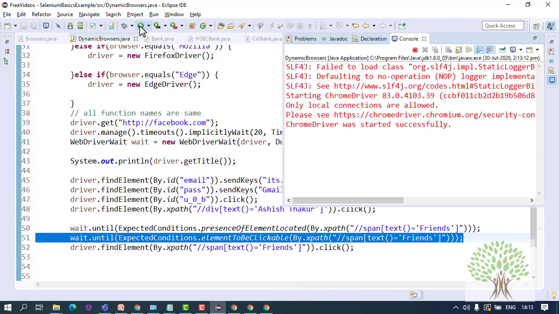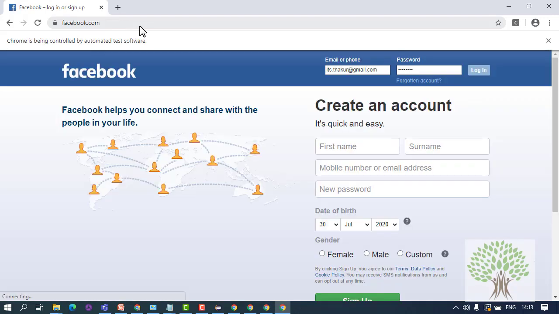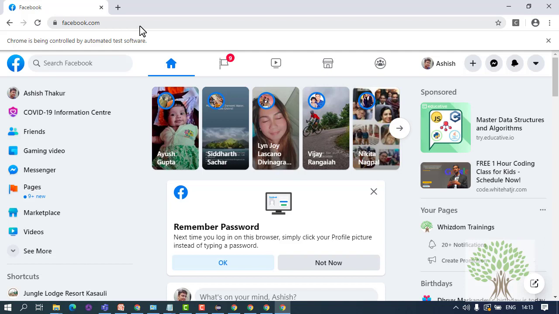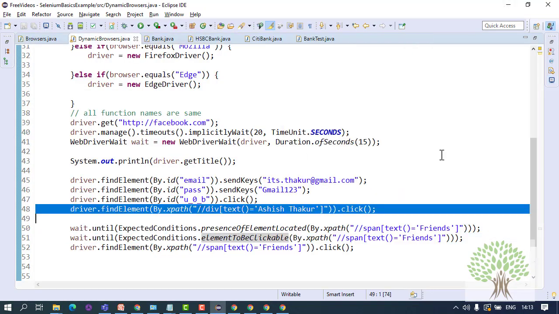you will always face challenges like this when you are working especially with websites like Facebook, where there are lots of Ajax components. The elements take a little time to load on the page even after they are actually visible. Fine. Selenium execution speed is very fast. The moment an element appears, Selenium tries to interact with the element. Okay, now you see that over here I am not even able to click on this link Ashish Thakur, the link with this particular XPath. It is failing on this line.